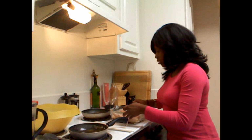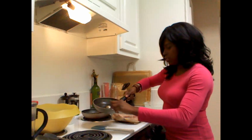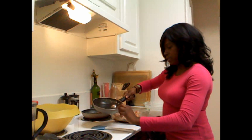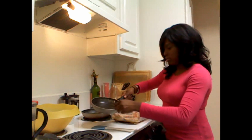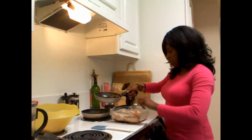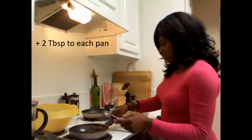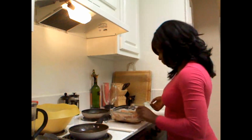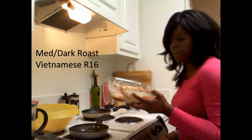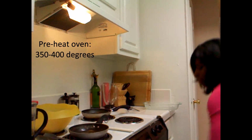What we want to do with this is, although the sauce is still very much a loose liquid, what it's going to do in the oven is it's going to create a thicker glaze. Remember, every time we cover it with the coffee, 1 to 2 tablespoons. Okay, so this is the authentic Vietnamese 16 medium dark roast, and we're going in head first. Oven's at about